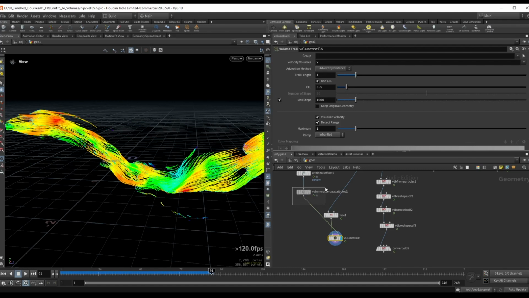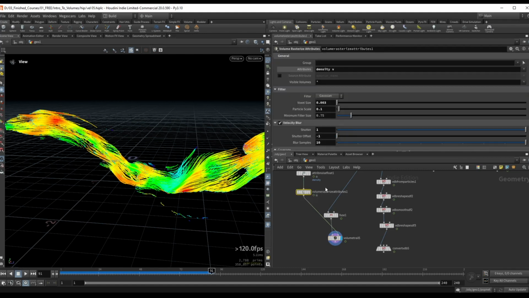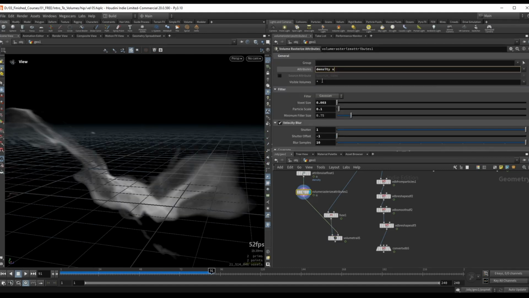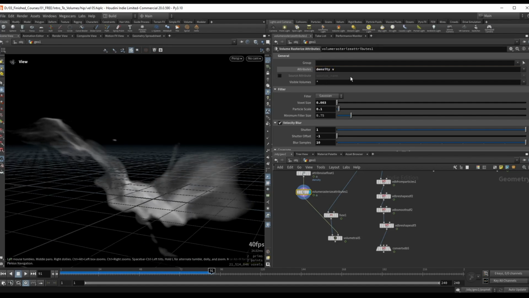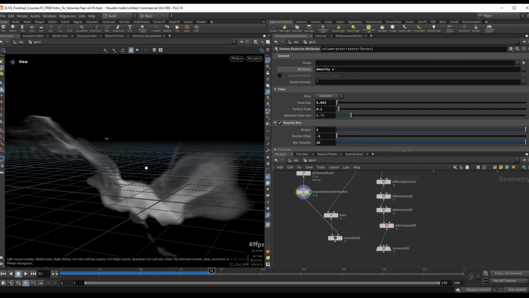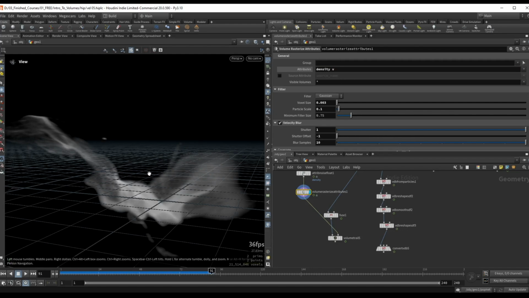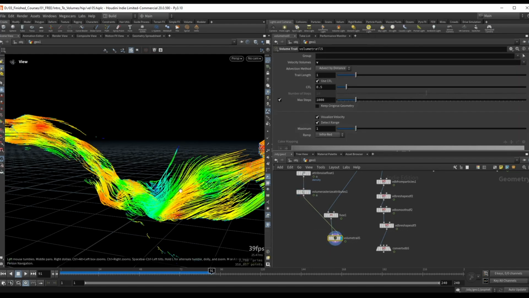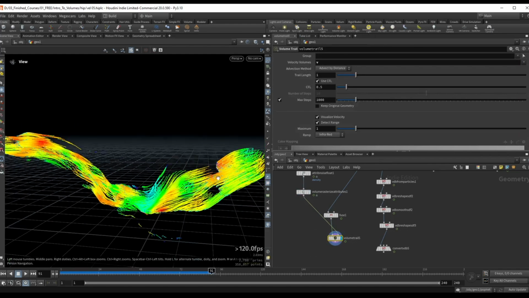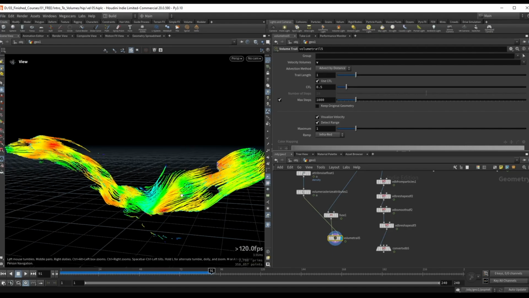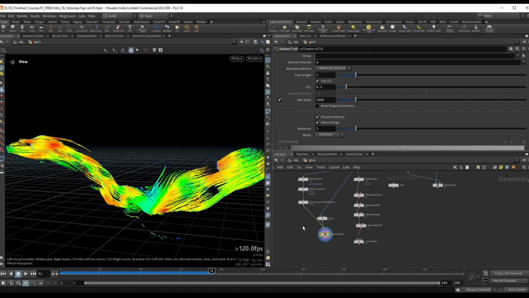And now we can see our velocity field. So we are turning the points into volumes, and then we are storing the information from the points inside those voxels, and in this case we are storing the density, and this can be used for shading, and we are also storing the velocity if we further want to use this as a velocity field later. So essentially with this velocity field I can use this to push out smoke or another particle simulation,